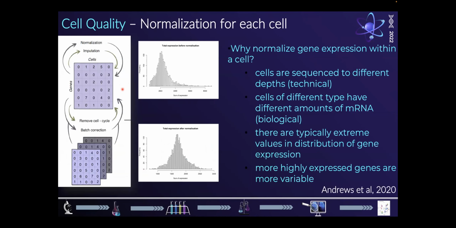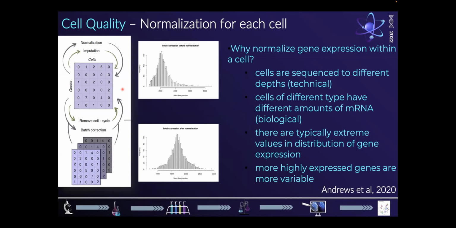So the other thing you do is you look at cell quality, and one of the things is that you do normalization. Because each cell will have a different gene expression profile, you want to normalize for each cell so that they are all operating within the same range. I think normalization cuts across from statistics. Any data set that you have, you always want to do normalization so that you can have a good distribution